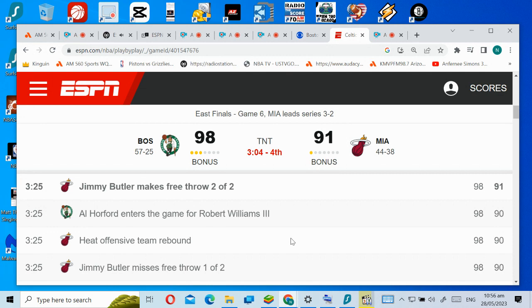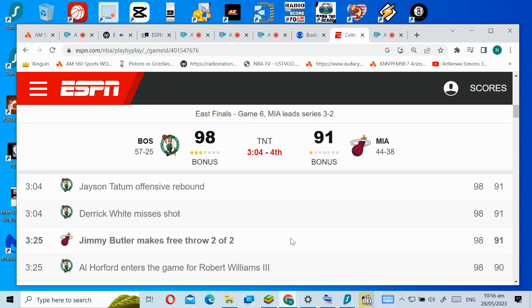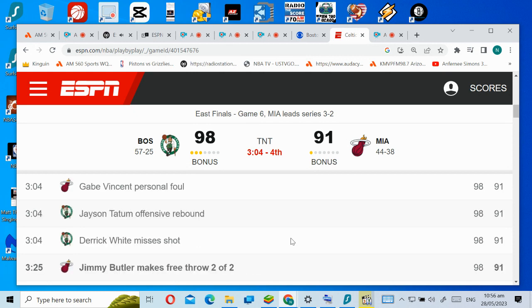Throws to Butler, right wing. He's got Robert Williams on him, so he's going to drive right side. He's fouled, puts the shot up. It's an air ball, but Williams makes the mistake of making contact. I just said you have to not foul here. 4 minutes and down, you're opening up, you're lengthening the game, and you're putting an excellent free throw shooter on